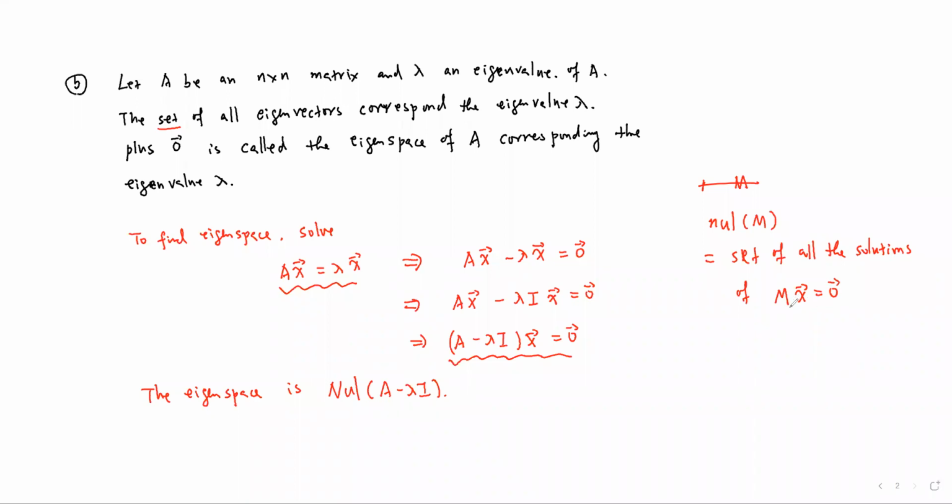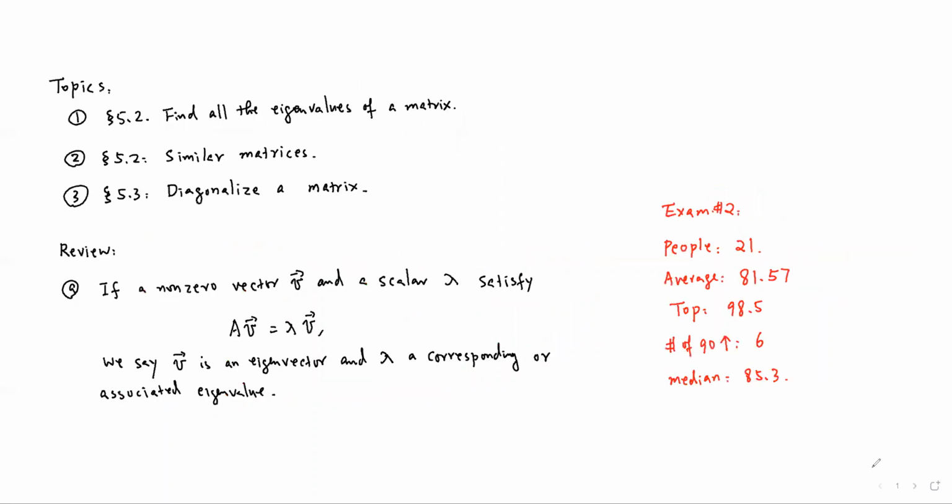The set of all the solutions of this equation is the null space of the matrix M. The solution clearly includes 0, right? When x is 0, it is a solution. So the eigenspace is the null space of this matrix. Yeah, this is the review about some key points from the last